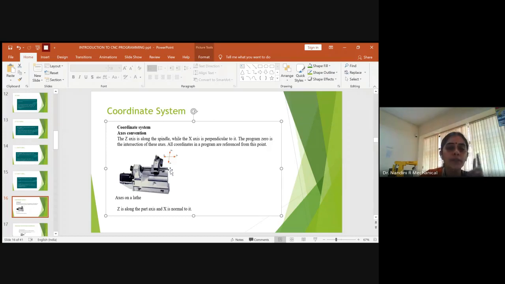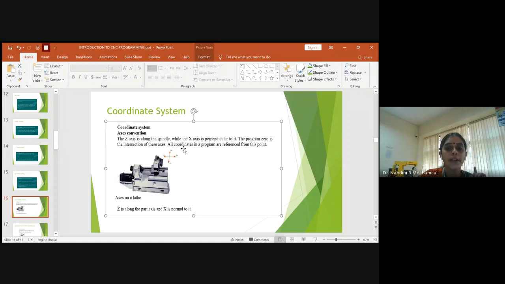So whenever we consider the CNC turn operation using CNC turn software, only two axes come into picture. One is the X, which will be perpendicular to the spindle, and the Z, which will be parallel to the movement of the spindle. So the program 0 is the intersection of these axes. Where the two axes meet will be the 0.